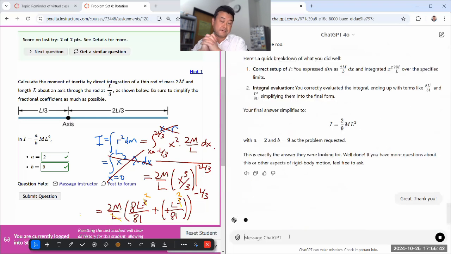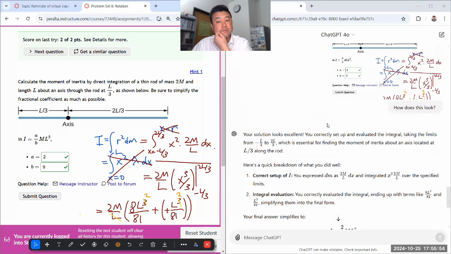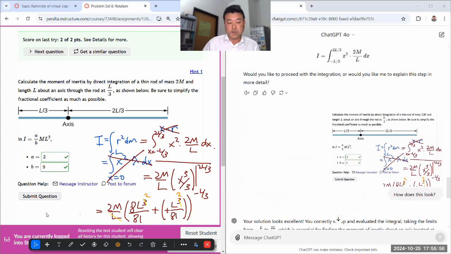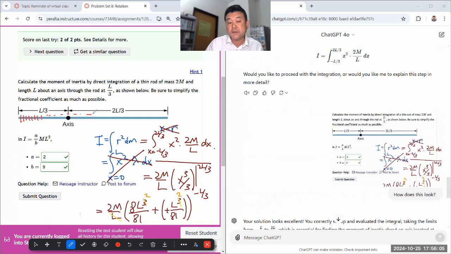So yeah, it's pretty good. It can spot when you've done things differently from the instructions, and it can walk you through that. I guess the one thing that it's missing is, when you see me do it, you will usually see me break this up into little pieces. This is the mental image you should always have whenever you are going through anything that requires integration. Imagine having broken up the thing into many tiny pieces, and then you are considering a representative element and what is the rotational inertia due to the representative element.